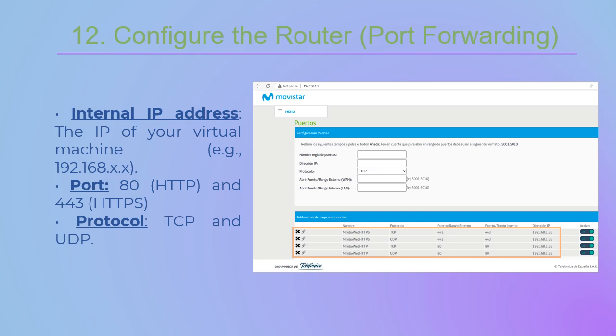So we need to add some rules that will direct incoming traffic on ports, specifically 80 for HTTP and port 443 for the HTTPS to the internal IP address of our virtual machine. We have to set up these rules for incoming traffic and also outgoing traffic. So this step will allow us to access the website from outside our local network, from anywhere on the internet.